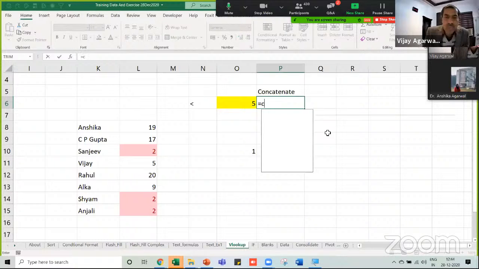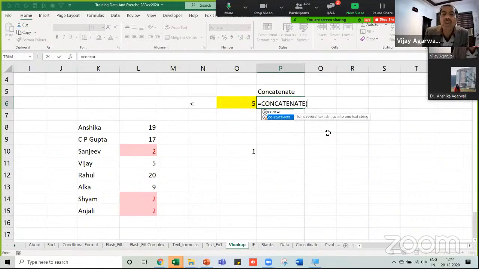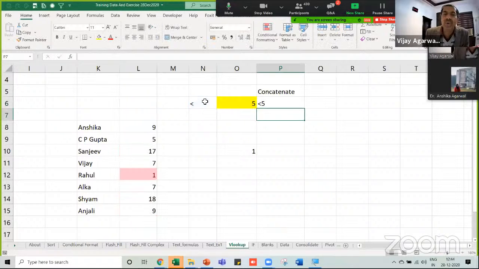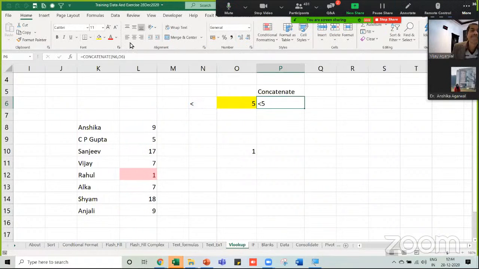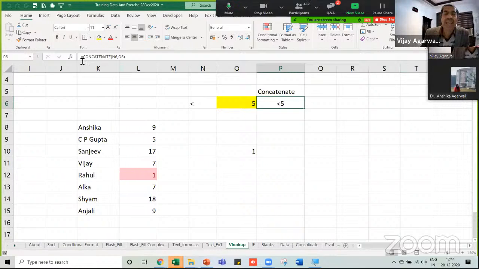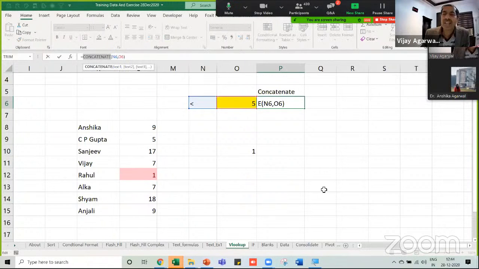Yes. So if I'm going to put concatenate, what is the shortcut of that formula? Instead of concatenate, there is a shortcut also for that formula. Do you know about that? No, sir. Anybody, participant? What is the shortcut? Like, I don't want to use concatenate, but still there is an easy way. If I want to concatenate,